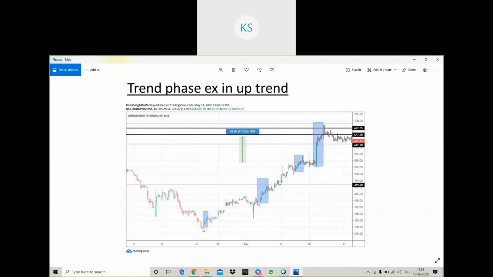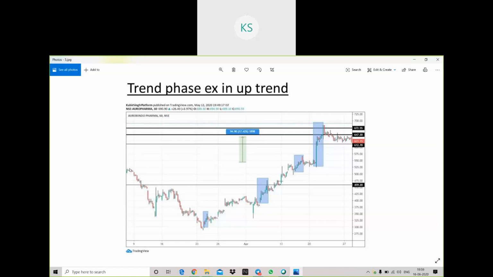So see, from this point till this point, the stock has been in an upward direction. You can also use your trend lines. If you draw a trend line from this point till this point, you can easily indicate that this is an upward trend. So if you are sometimes having an issue in identifying the main trend of the stock, you can use the trend line.